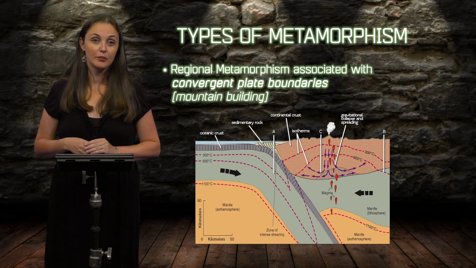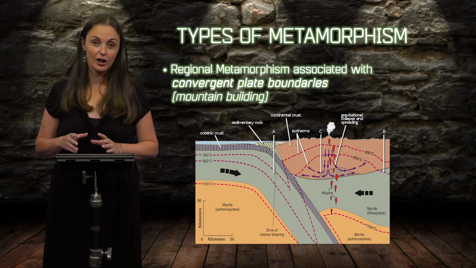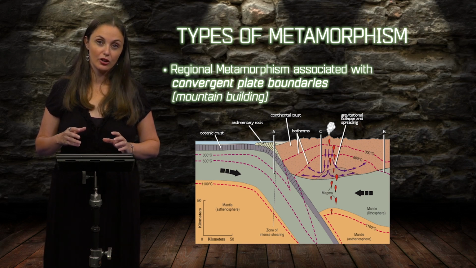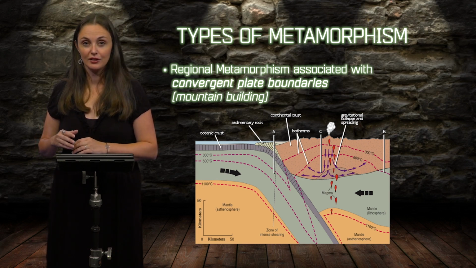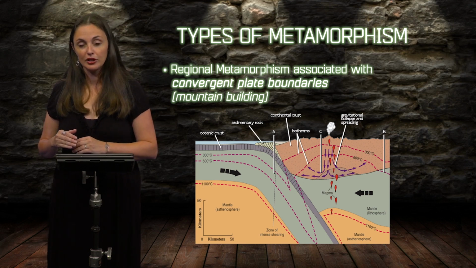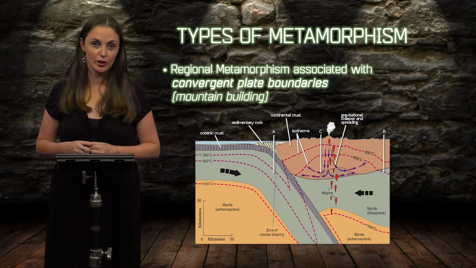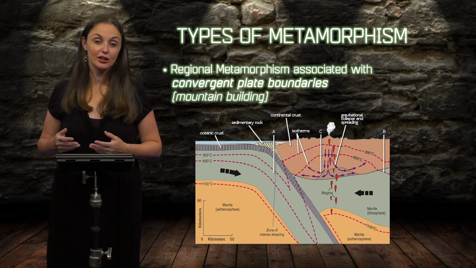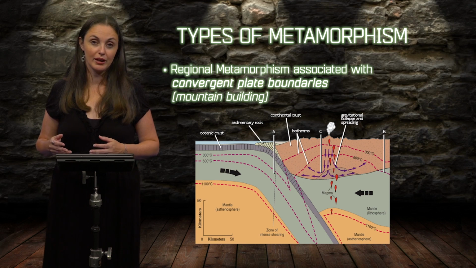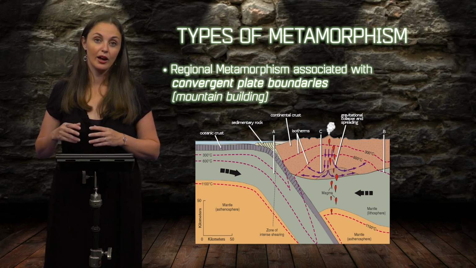So at oceanic continental convergence, as you can see sort of pictured here, as that oceanic crust subducts underneath the continent, you get high pressure and eventually you get high enough temperatures in order for certain minerals to form. You get a completely different sequence and a different suite of minerals forming at these environments than you do at continental convergent plate boundaries. So at continental convergent plate boundaries, you're going to have an overall much thicker crust, and